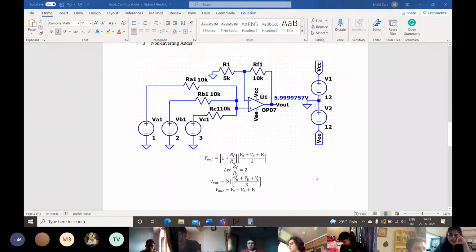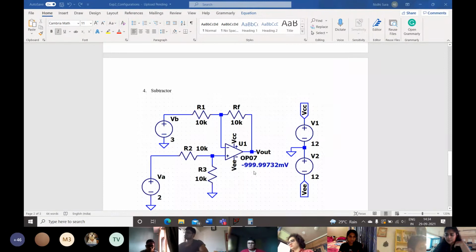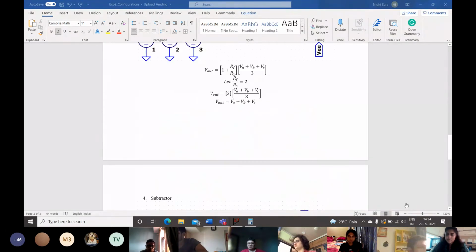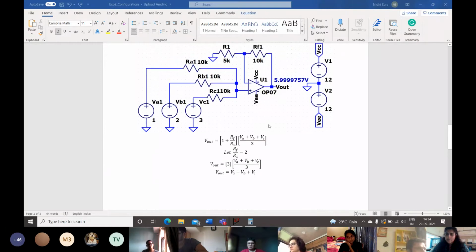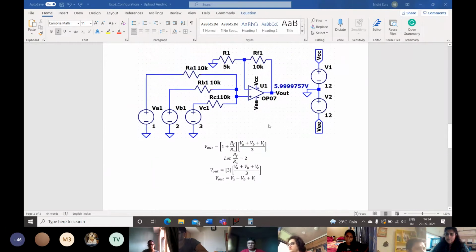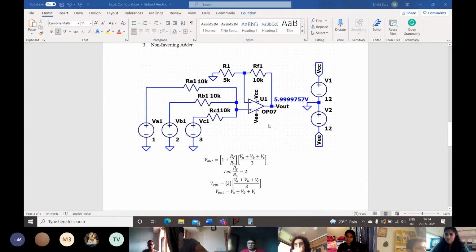I don't think so, actually. We can skip that and move to the subtractor. Okay, so I can provide this Word document to them on Teams if they want to refer to it later. Yeah, that sounds good, because the non-inverting adder shouldn't have anything extra that needs to be taught. It would just be calculations again, based on the gain that you require and the resistances.